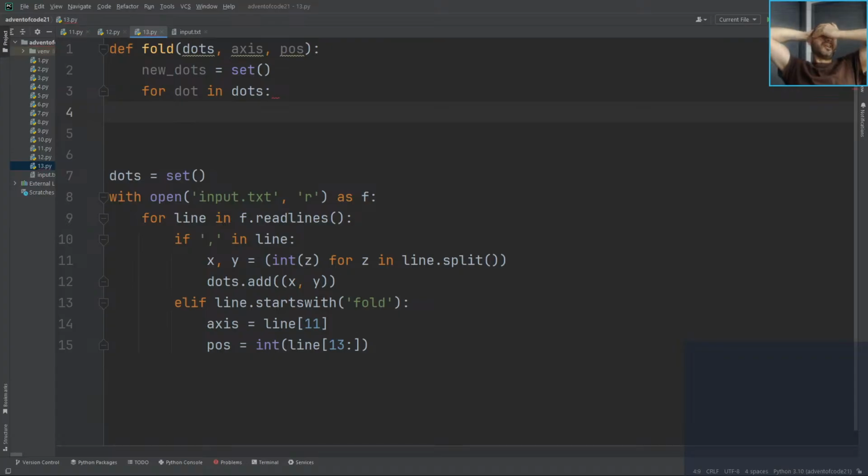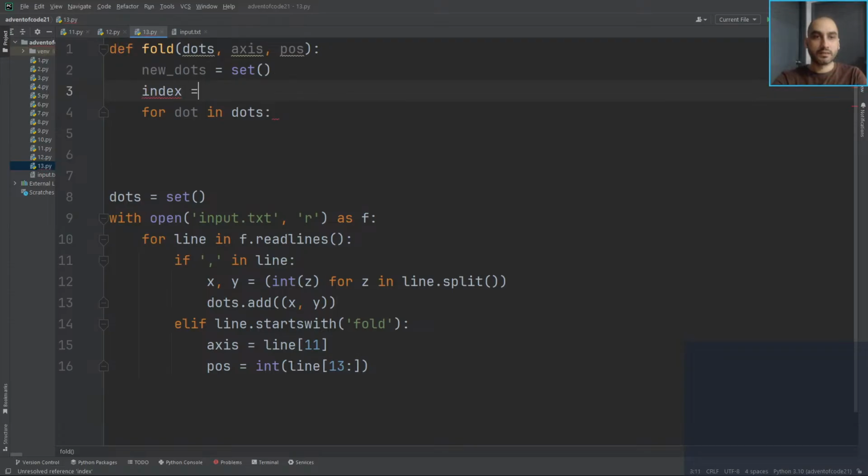All right. So the code looks different if it's horizontal or vertical. Can we write it in a way that it doesn't... Yeah, so basically axis, so we'll say index equals, so the first parameter is the x, and the second parameter is the y, in the way that we've done this. So for dot in dots,